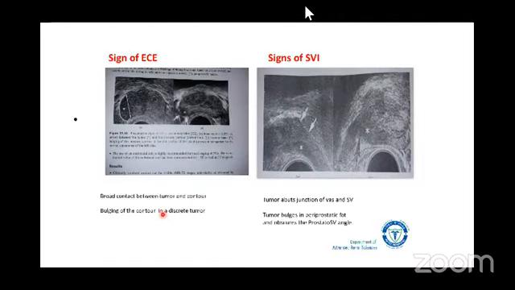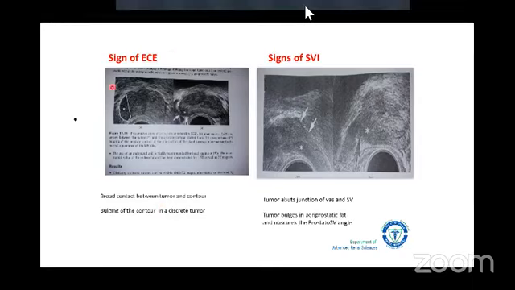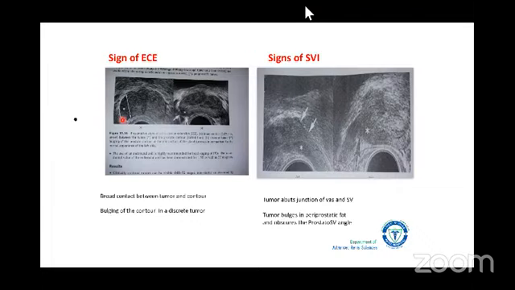Well, with an elevated PSA, you've probably got a prostate cancer on your hands. There are two other applications of transrectal ultrasound in prostate cancer. One is signs of extracapsular invasion. A broad contact between the tumor and the contour usually means that there is a capsular invasion. Usually the invasion starts when the tumor's contact length is about 8 millimeters, and at 20 mm contact length, it's almost certain that there is a capsular invasion.